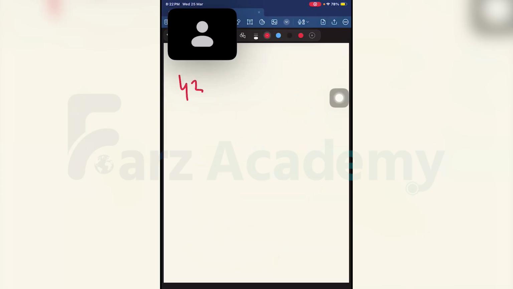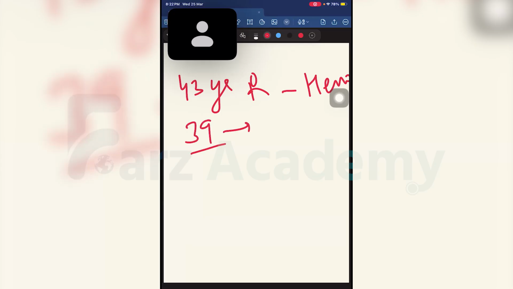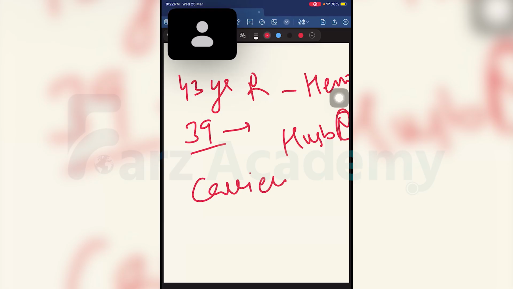Okay, so when I come to this 43-year-old female who is coming to you with symptoms of iron overload and liver damage, and on investigation you find the patient has hemochromatosis, right? She's not obese, so you rule out NAFLD. She says she's not had much alcohol. Her periods finished at the age of 39 years, so she gives you a history of hypogonadism, right? Her husband has no symptoms. On genetic testing, you also find that the husband doesn't carry any defective allele, so the husband is absolutely normal. Okay, tell me the likelihood that her children would be carriers.